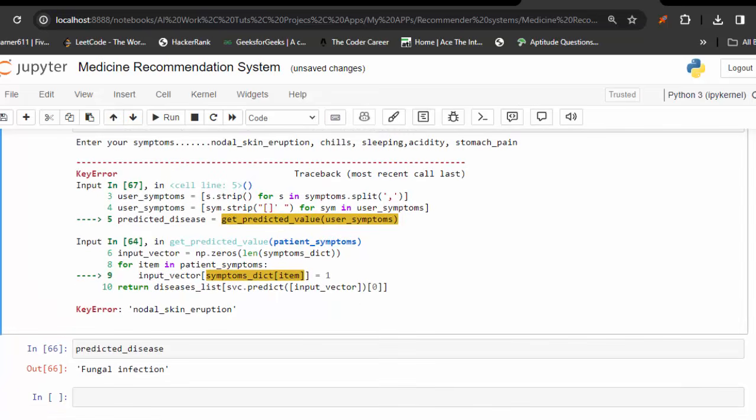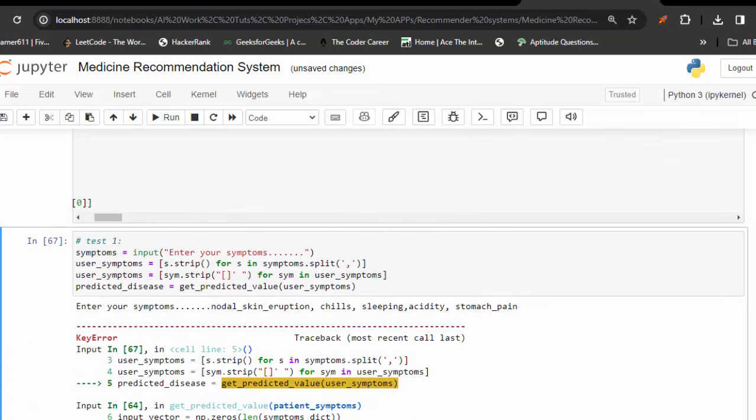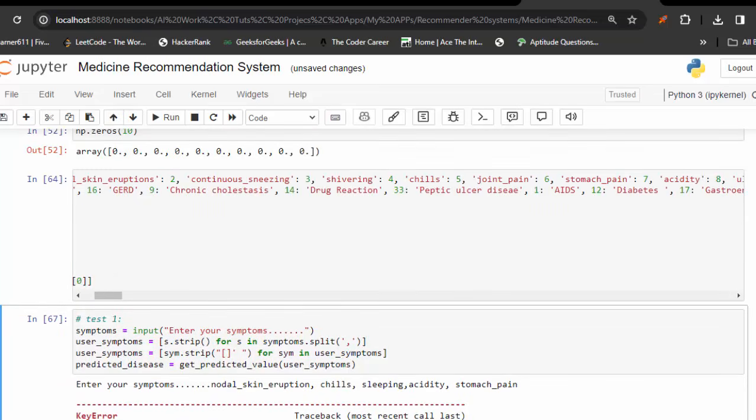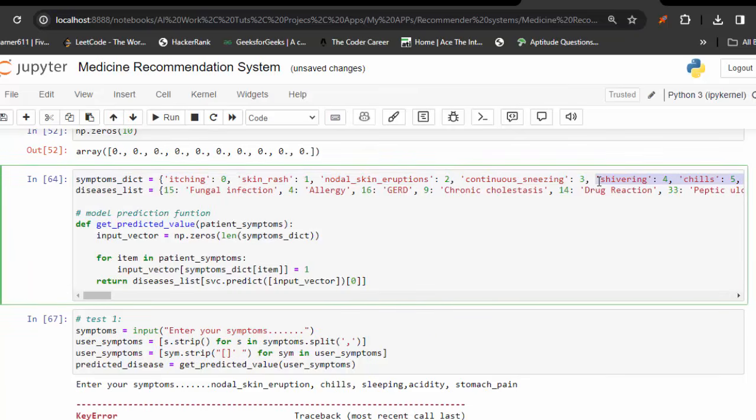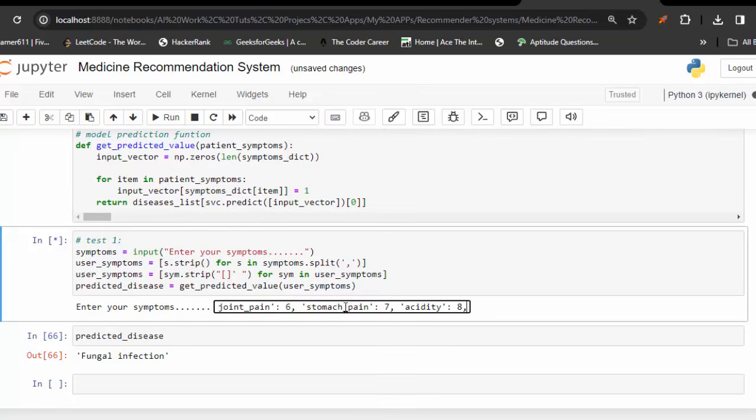अच्छा, अब ये मज़े की बात ये है कि अगर आपका स्पेलिंग मिस्टेक हो तब भी ये आपको एरर देता है, इसको हम हैंडल करेंगे क्योंकि मैं रैंडमली यहाँ से कुछ उठा लेता हूँ सिम्टम्स लाइक दिस सिम्टम्स। वो मैंने एक नोडल स्किन एरप्शंस स्पेलिंग मिस्टेक एरर था। अब ये सिम्टम्स आप अपने रियल सिम्टम्स देना, जो भी सिम्टम्स आपको है वो देना, ठीक है। सो मैं यहाँ से इसको ऐसे ही करता हूँ लाइक दिस, and like this।